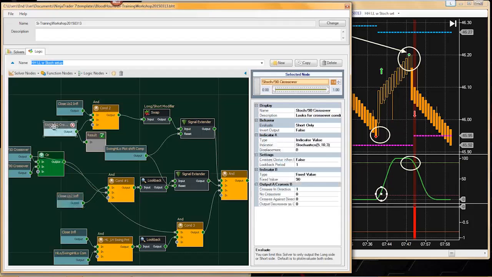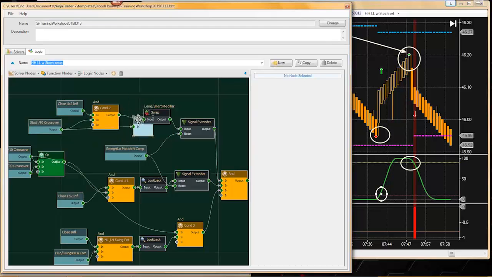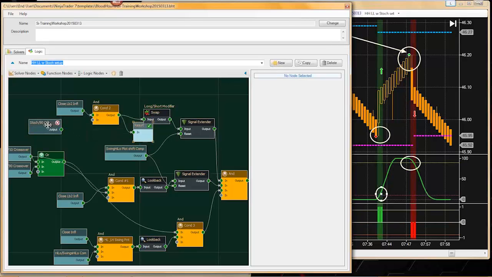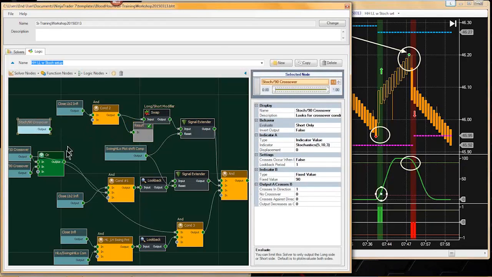I think all I need to do is just disconnect this single crossover solver, and we'll plug this into the condition 2 AND node, and